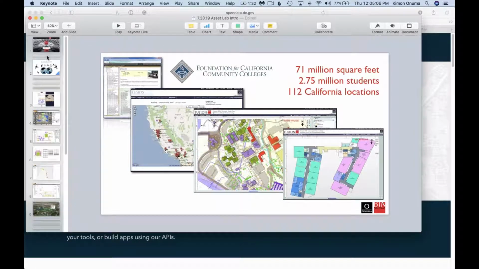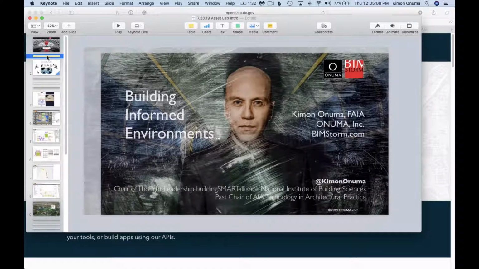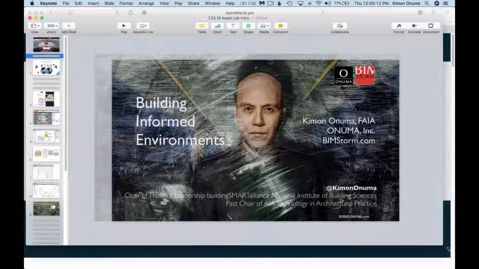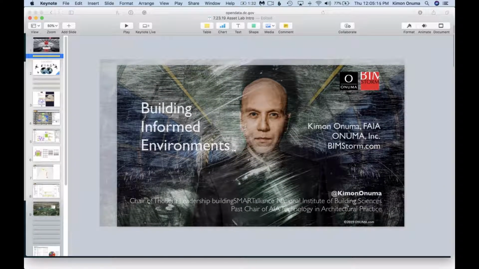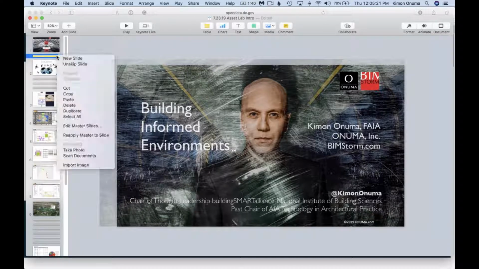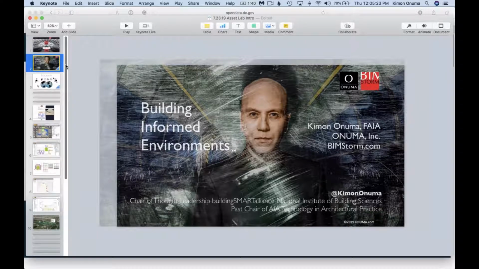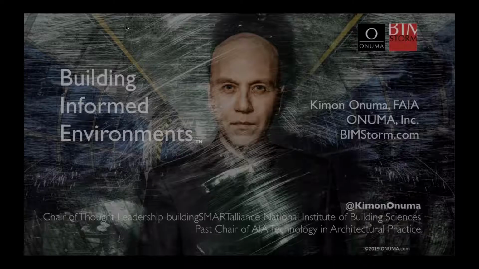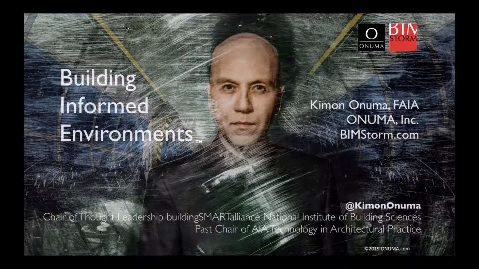They were doing military housing, and Kimono had to figure out how to get as much information on an 8.5 by 11 piece of paper so he could fax it. And the fax would die. So he had to get everything on one sheet, so that if it died, he couldn't do 3 or 4 or 5 sheets. And so that's where he started with the idea of condensing and making things simple.